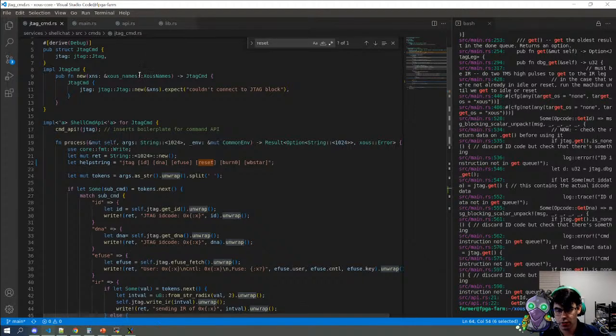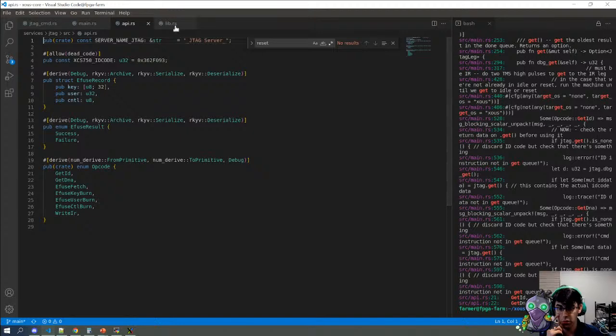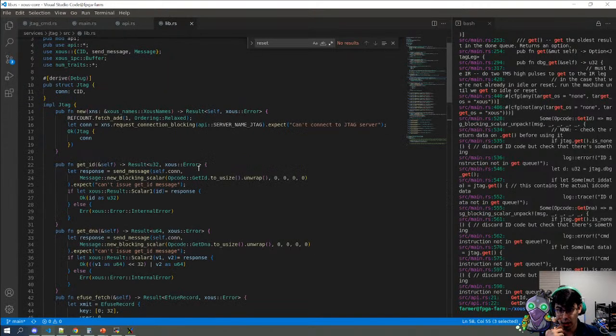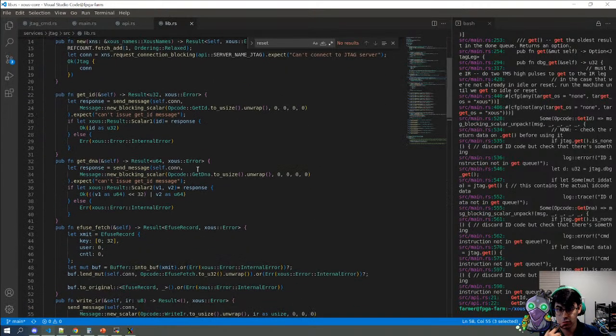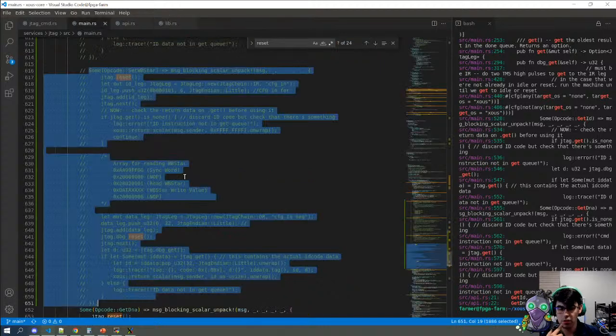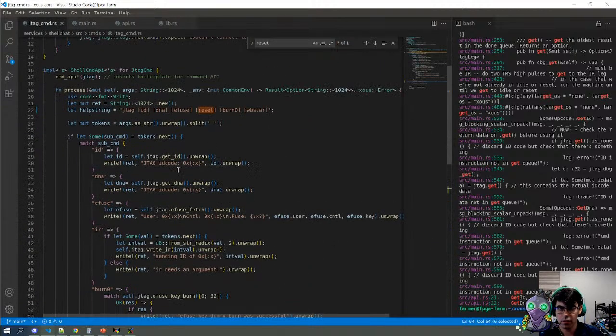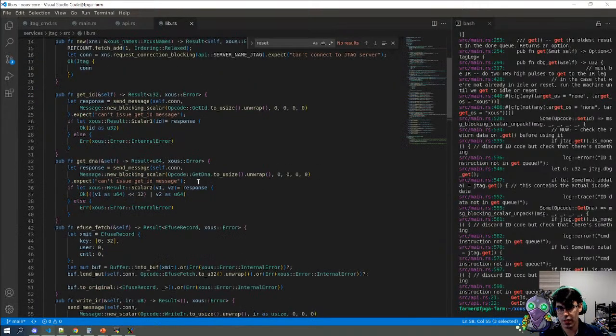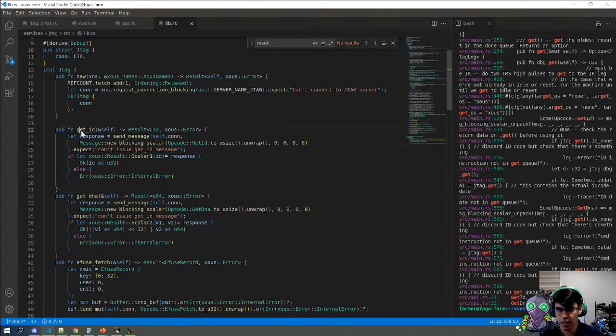Okay, so where do these commands go? These go to the lib.rs, right? So back to here. When we call, let's do get ID code, right? So self.jtag.getID looks like Python. That get ID command goes to the JTAG lib.rs, and it calls this get ID, and this get ID will call